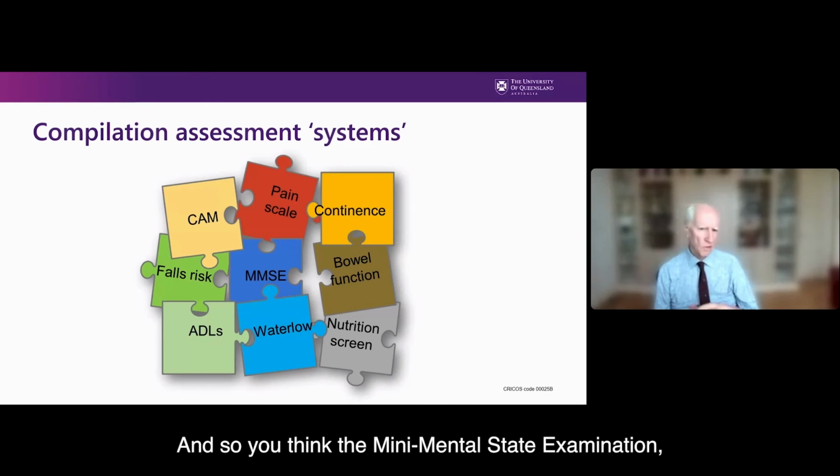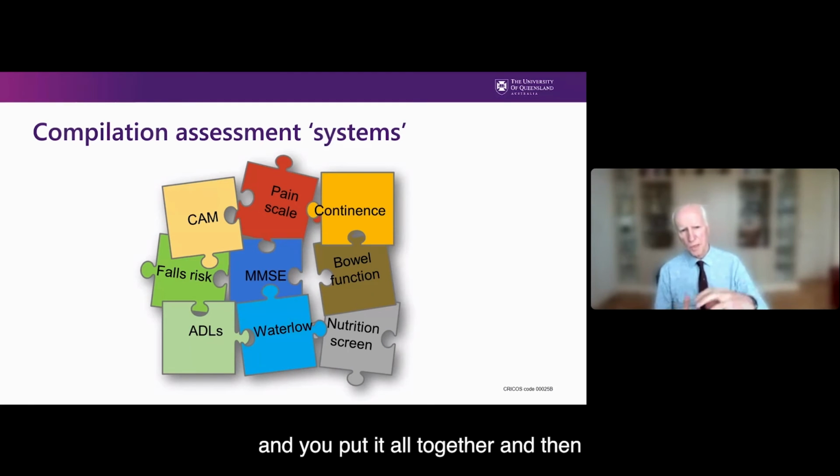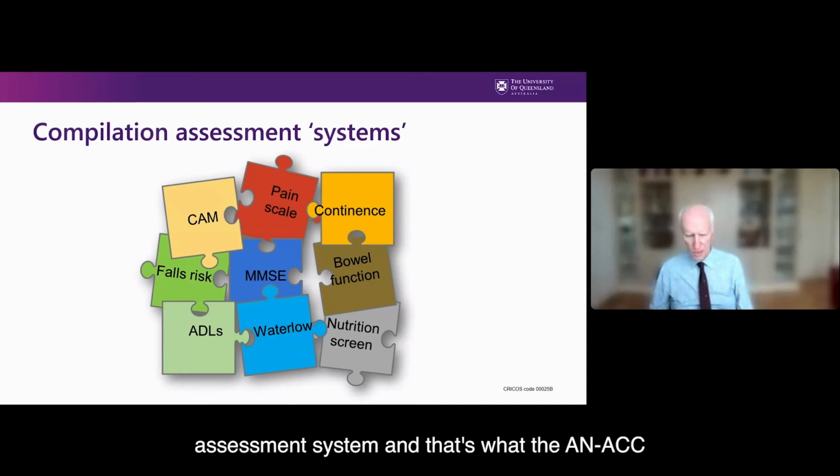So you use things like a Mini Mental State Examination, the Barthel Index, a Mini Nutritional Assessment, and you put it all together, and that's called a comprehensive assessment. This is what we would call a first generation assessment system, and that's what the AN-ACC looks like,